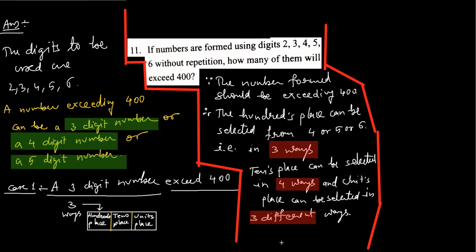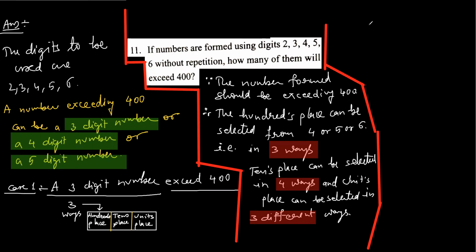You will multiply them all. You see this? What are you going to do? You are going to multiply them all. Why? Because you have to select hundreds place and tens place and units place. Yes, sir. So I will write